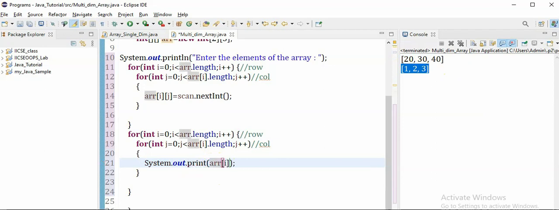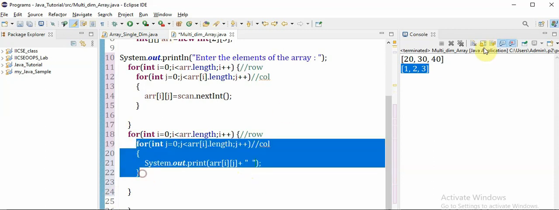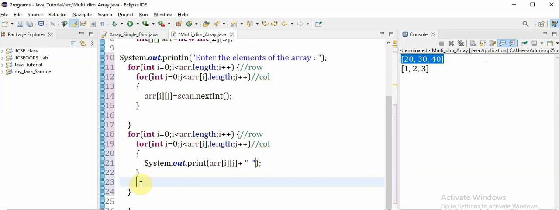And here I have to print the name of the array. First I specify the row value, then the column value, and we will give a plus and a small space between the data. For that I am going to give a space like this. Once it finishes the inner for loop, which means it completes all columns in the first row, then when it goes to the next iteration of the outer for loop, we'll give a new line. For that we'll simply give a System.out.println. This will take the control to the next line, right?